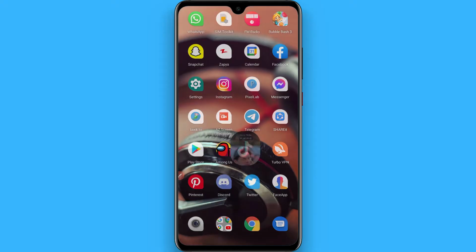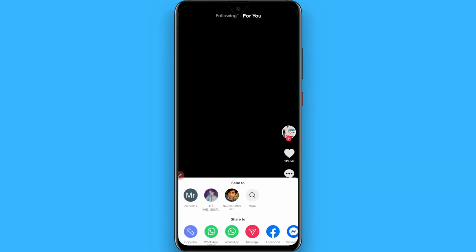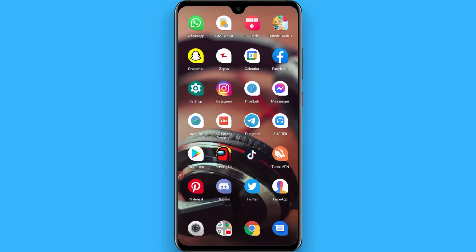First of all, open your TikTok and select any video you want to use as alarm, and then save that video in your phone. Once you save that video on your phone, now you have to open the browser